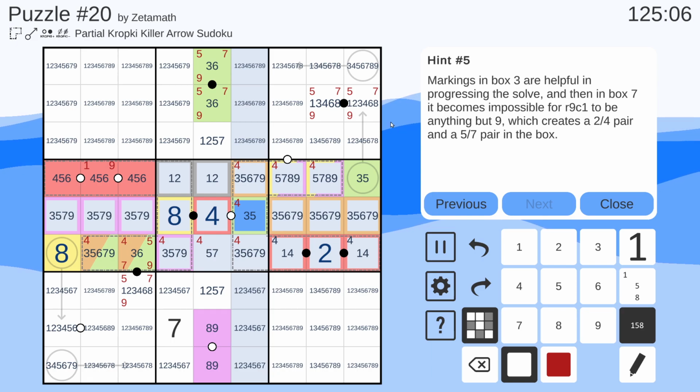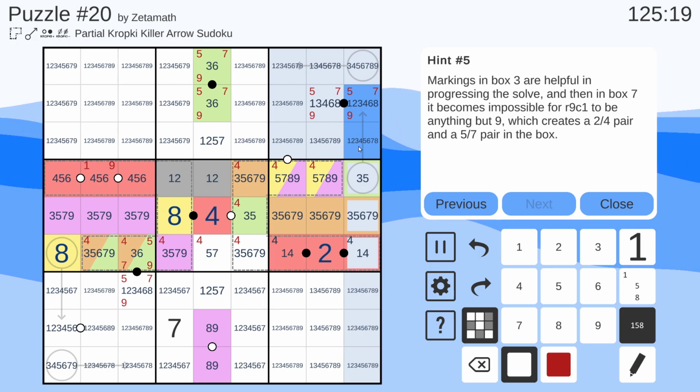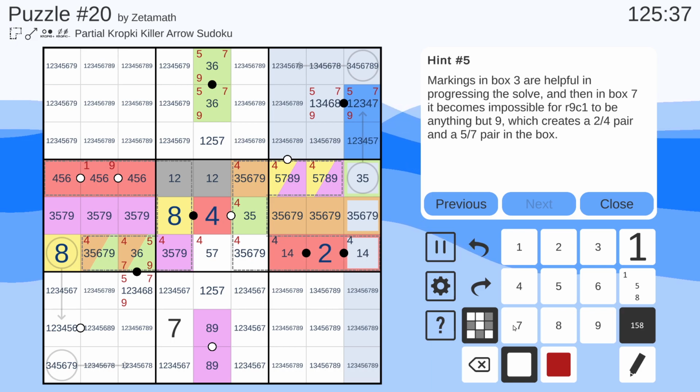Markings in box 3 are helpful for the progression. Let's play along with this. These two numbers have to add up, so this could either be 2, 3 or 1, 2. 1, 2 gets you to 3. 2, 3 gets you to 5. 1, 4 gets you to 5 also. So noticeably though, 6 and 8 are not possibilities, nor is 5. So that gives you 1, 2, 3, 4,